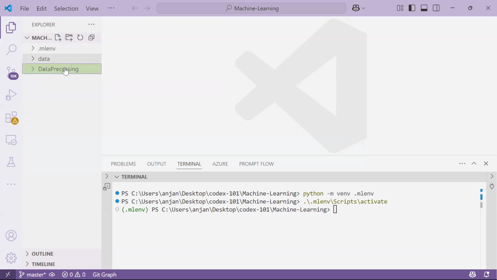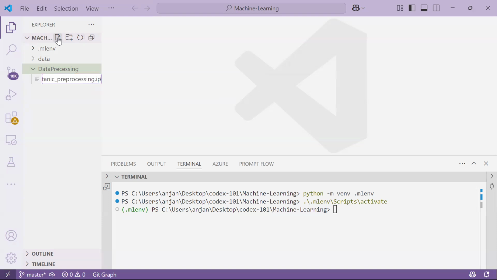In data pre-processing also, I have created a folder. In future, if you're working on another project, I'm going to create a file within this pre-processing folder only. You don't need to go to each and every project separately. So all projects I'm holding in one location. Now this is the Titanic pre-processing, so the file name is Titanic pre-processing